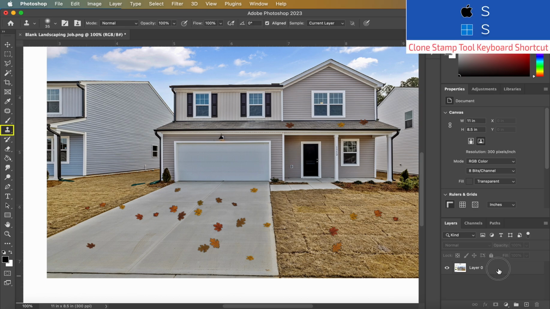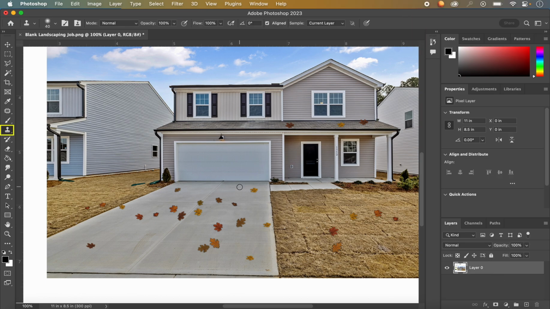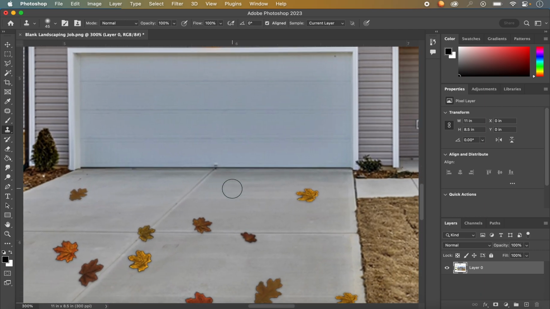So with layer 0 selected, the Clone Stamp tool works by making a selection of the area that you want to clone. So for instance, let's start with this yellow leaf in the back. I want this leaf to go away and I want to use part of the driveway to cover it up. So with the Clone Stamp tool, my brush is about the size of the leaf. If I go out and I click and I want to be a little bit away from that leaf, so